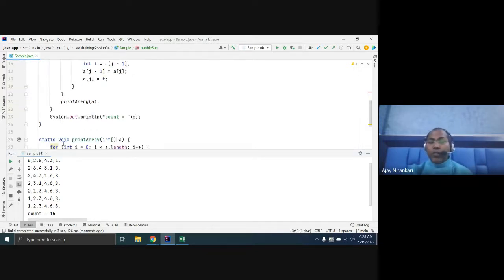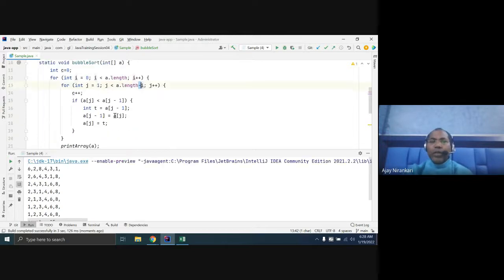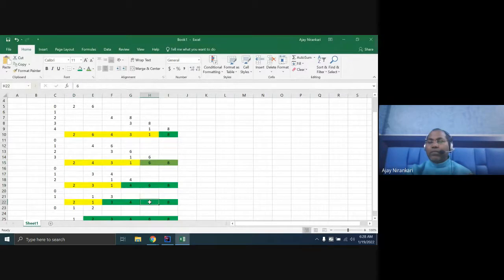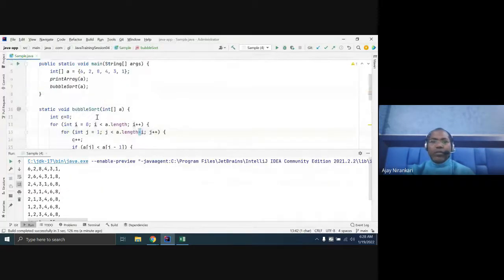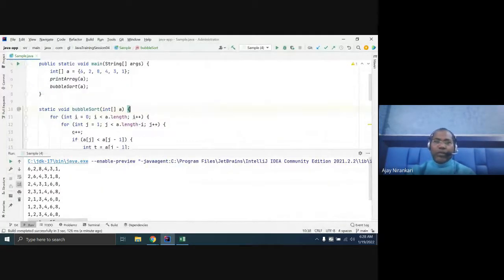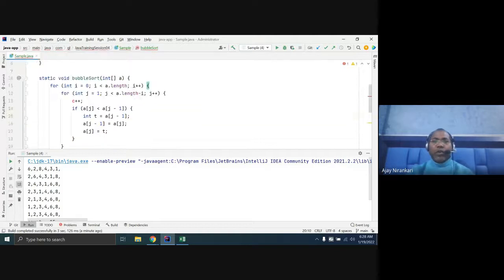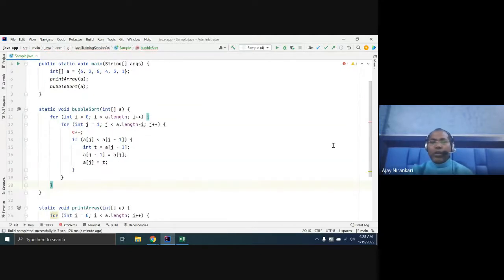The output will always be the same. But here logically, you are implementing what the concept says. You don't need this one, and you don't need this one. So now this is your code, it will run fine.